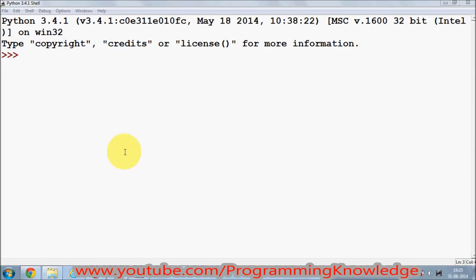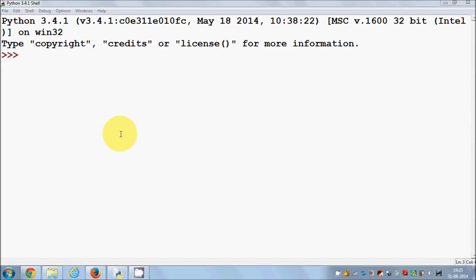Hello guys, in this video I'm going to show you how to use built-in modules and functions in Python. If you remember, in the previous videos I showed you how to calculate the exponent of some value. For example, I want 2 to the power 3, I can use 2 and then these two asterisks, and then I can write 3, and this means 2 to the exponent 3, and it gives me the value of 8. Okay, but there is an easier way of doing the same thing, and this is by using